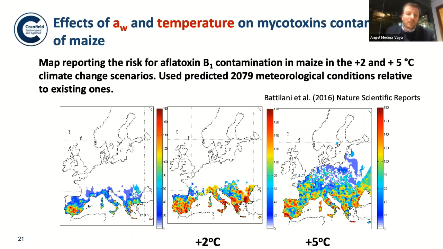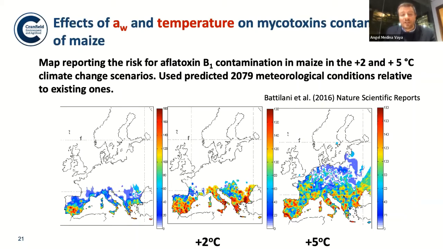So compared with the baseline that will be now, with +2 degrees, we'll have more red. When it's redder, that means there is an increased risk to have aflatoxins. So with the +2 scenario, it remains quite restricted to the south of Europe. However, look at what happens when they model the +5 scenario. There was a much higher risk of